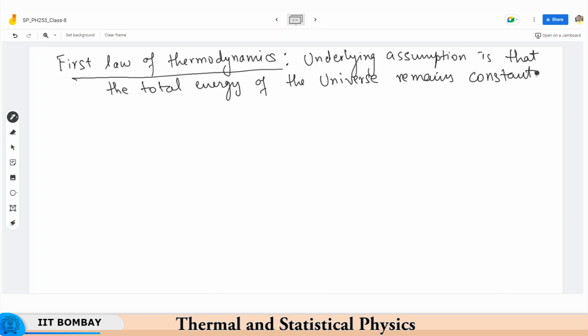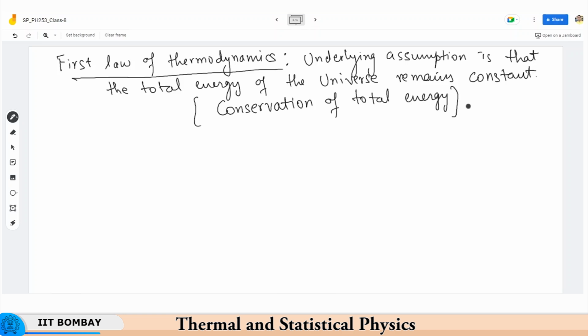right. So this is the most important assumption that underlies the first law of thermodynamics, which means that once we were given a universe, its total energy has not changed. It's totally okay to question this assumption, but it seems like it works fairly well. So whatever universe we are living in, its energy does not change. All right. So this is also known as conservation of energy, conservation of total energy,